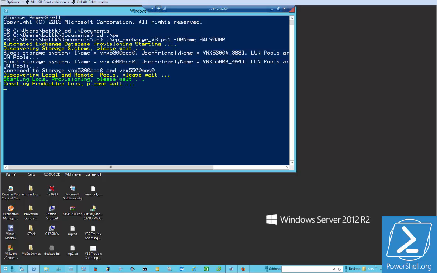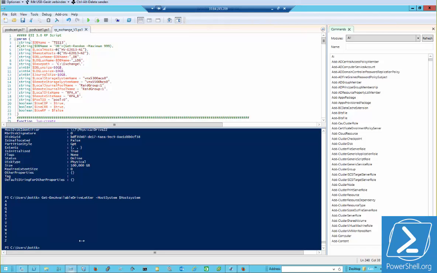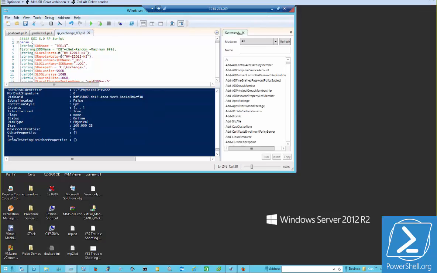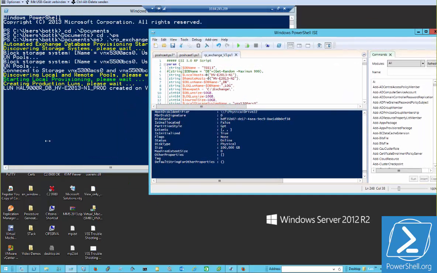But it's just to show you how the system works in essence. The next thing he's doing is creating production LUNs. That's similar to the example we did before. While he's creating the production LUNs, I just want to show you what we are going to do after he's done. So he's right now creating the LUN Hall9000RDB for Hyper-V E2013 N1 production on the first VNX,